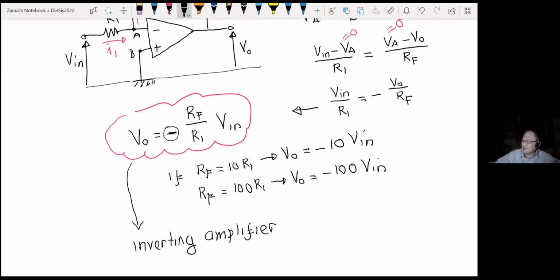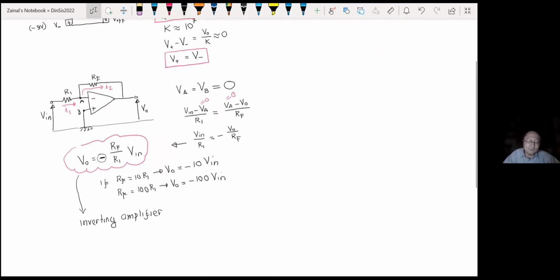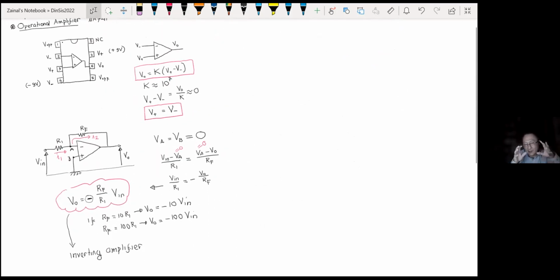Any question? So there are many circuits which can be developed using operational amplifier. It is very, very important in measurement, because in measurement the signal you have is a very small signal, and you want to multiply it to enable it to be measured correctly. If you want to see something small, it's difficult. So make it bigger. Okay, this one is called inverting amplifier.